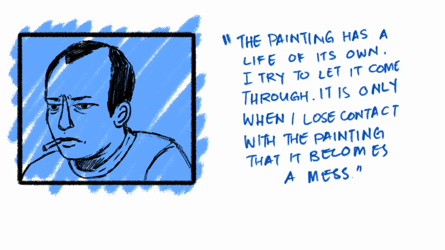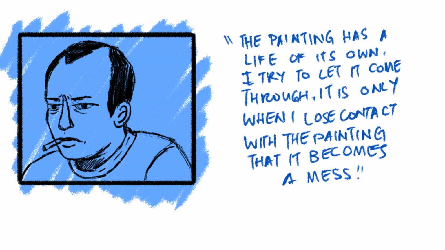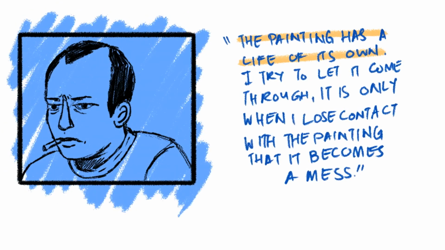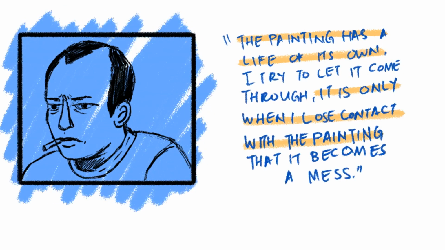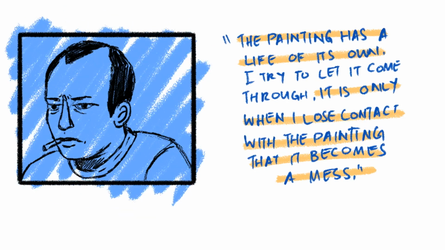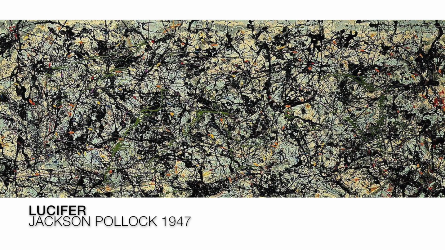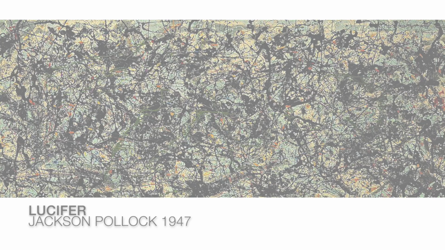When questioned on his technique, Pollock answered, "The painting has a life of its own. I try to let it come through. It is only when I lose contact with the painting that it becomes a mess." His work was a mix of spontaneous and choreographed movement, that even in his own process, even if his strokes may have been planned, it was still free form. The movement of his wrist might have pointed the direction of where the paint will go, but how these strokes were to be placed and done in order were not listed down, but free and flowing in that moment